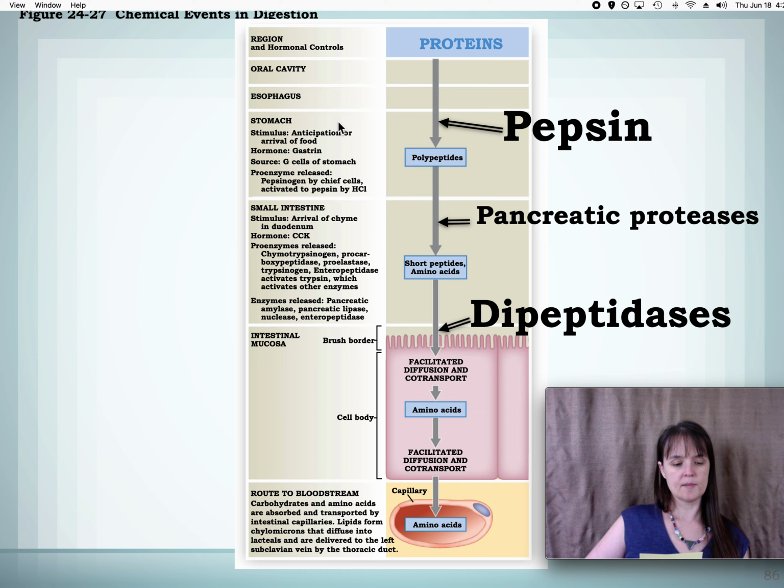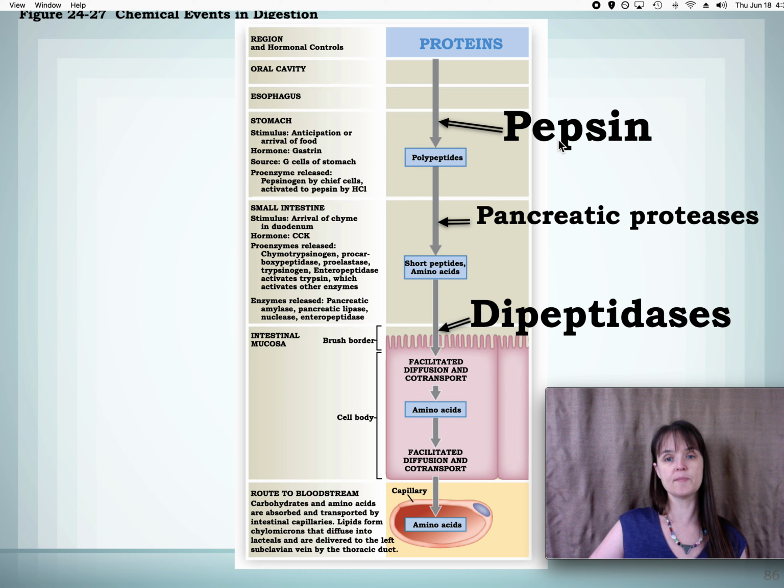Proteins are broken down by mechanical digestion in the oral cavity. Recall we have said that there's no chemical digestion of protein in the oral cavity. If you have steak stuck between your teeth, it's going to stay there until you floss. We talk about flossing every day. Mastication is the term for chewing.